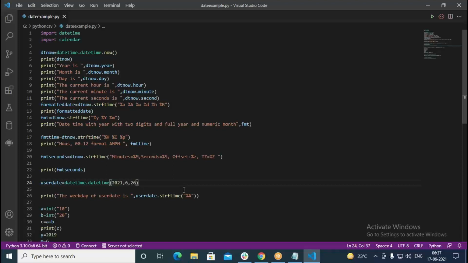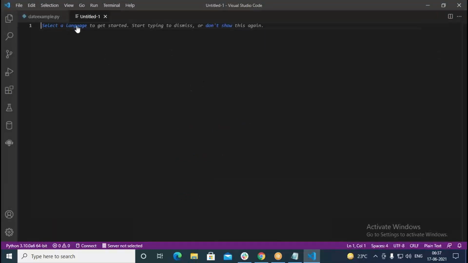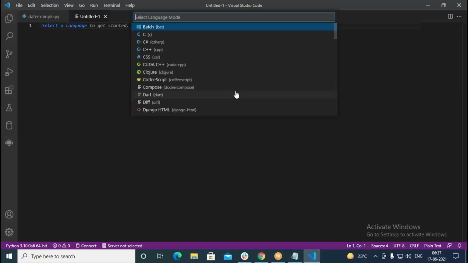Now, in a similar way, I want to create a new datetime. So for that, I would like to pass a string either in the mmddyy notation or ddyymm notation. In either of these two notations, I should be able to create it. Here we are passing simply the year, the month and day. We are passing three numbers, year, month and day. But now I would like to create a date using the other way. Okay. So for that purpose, I create a new file. This is again a Python file we use.